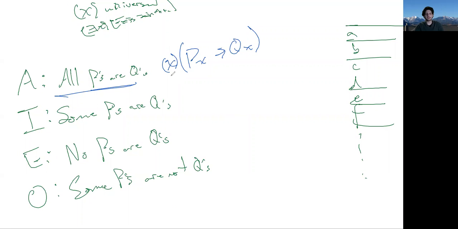So the way we read this sentence is, for everything out there, if you're a dog, then you're a mammal, right? If this is all dogs are mammals, we say, for all things, you can go down the list. For everybody out there, it's true that if they were a dog, then they'd have to be a mammal. So let's think about how that would work with A.